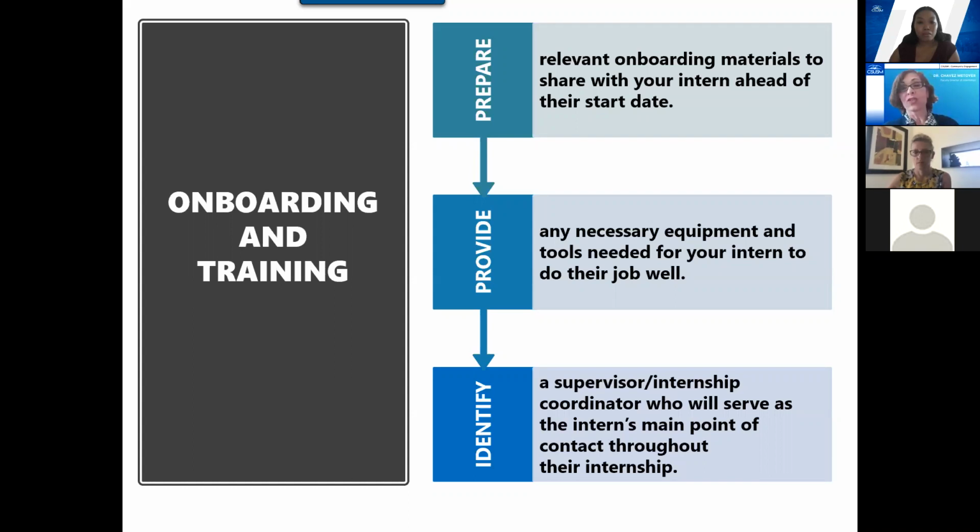This supervisor and coordinator then is going to be responsible for helping to plan ahead and prepare and create all of those assignments and so forth. And also being able to assess the intern. We recommend that you conduct some sort of pre-assessment with your intern to figure out where they are, and so that they're in the right place in your organization.